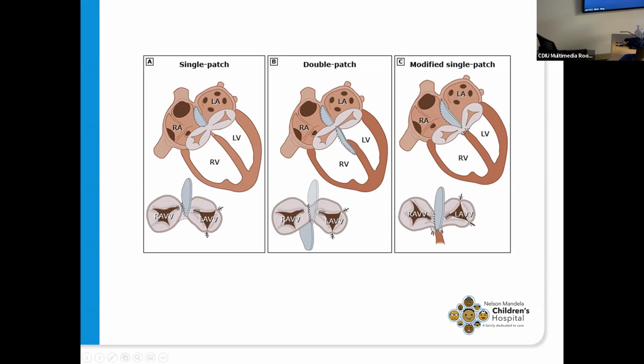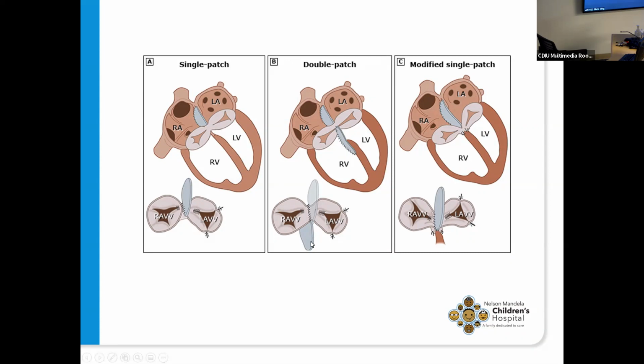And then the two patch repair, they also use a prosthetic patch material to close a ventricular septal defect. And then the common valve is then attached to the top of the patch. And then for the atrial component, they will use the pericardial patch, which is then also sutured to the common AV valve and the ventricular patch, as also